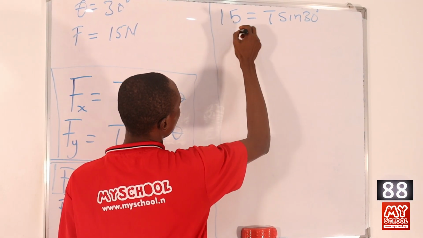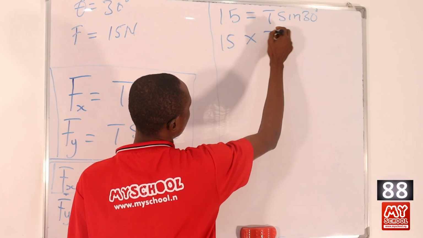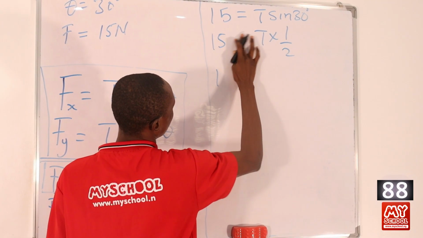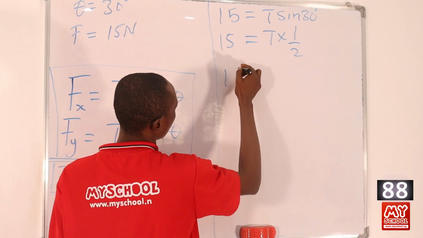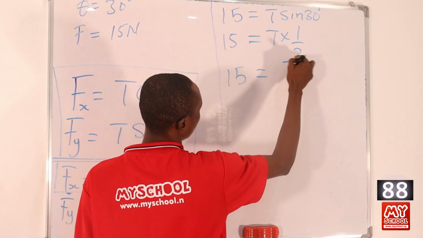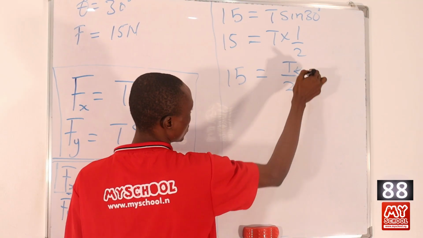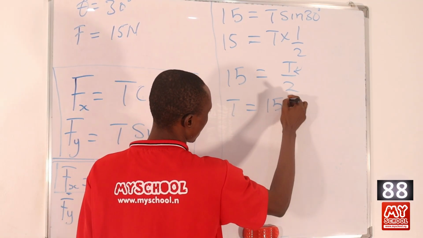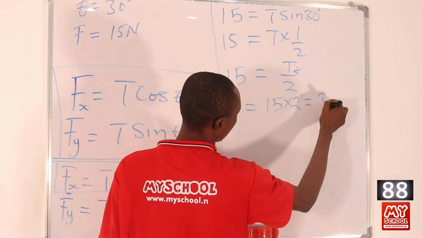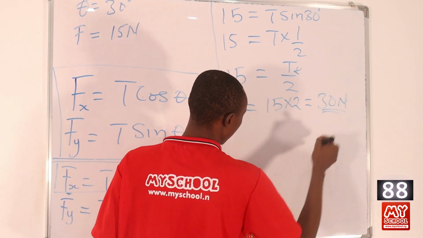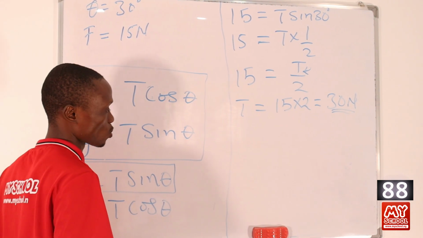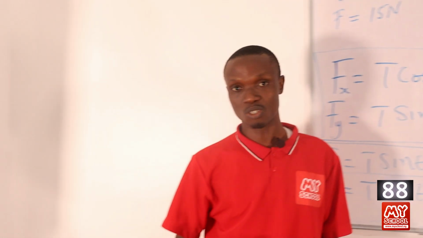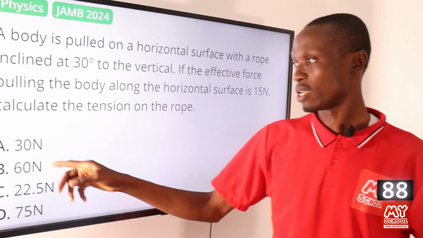So here we have 15 equals T times 1 over 2, so 15 is now equal to T all over 2. Now we are looking for T, so we just cross multiply so that T is equal to 15 times 2, and this will be equal to 30 Newton. So the tension in the rope is equal to 30 Newton. So let's return back to the screen to pick the correct answer to this question, and that is option A,